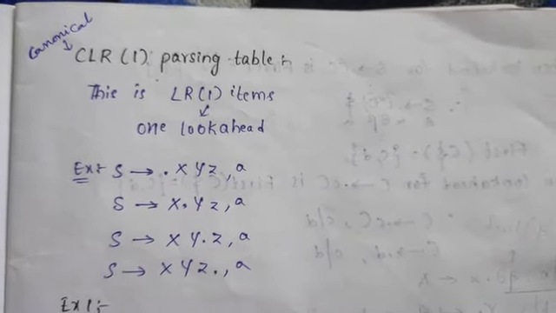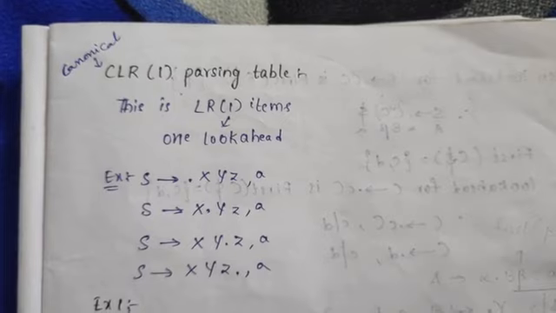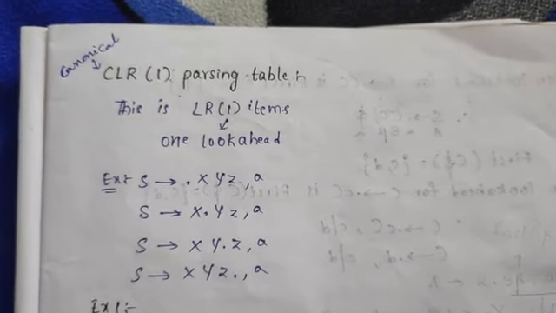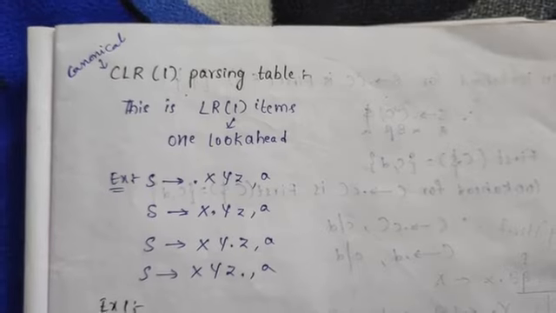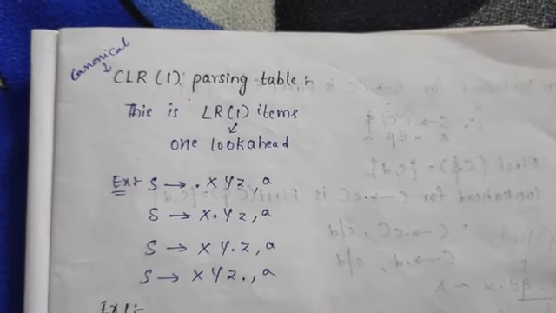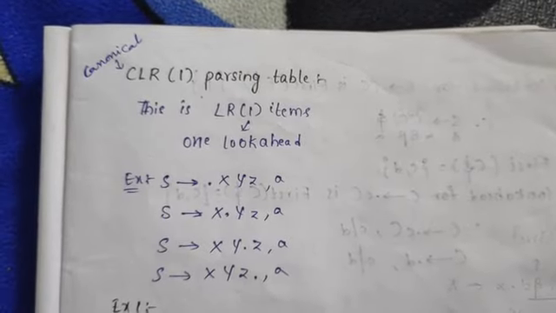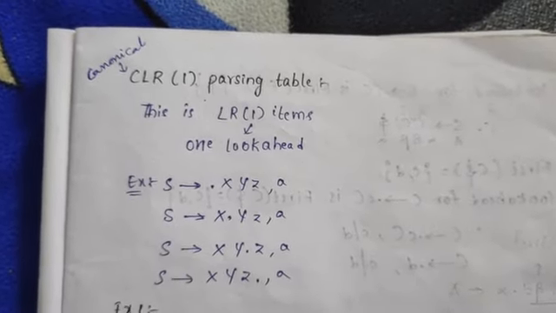Next, today we are discussing the second method of bottom-up parsing, that is nothing but CLR. In the last classes we discussed SLR, that is, simple LR parsers. Today we are discussing CLR parsers. Here the first letter C stands for canonical, that's why it's called canonical LR parsers. The same procedure we followed in the first method, SLR, should be followed here, that is, construct a parsing table for it.